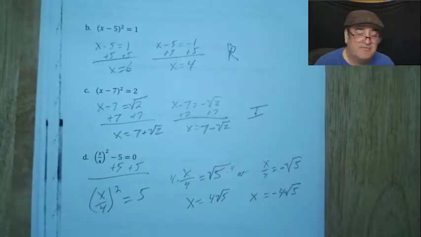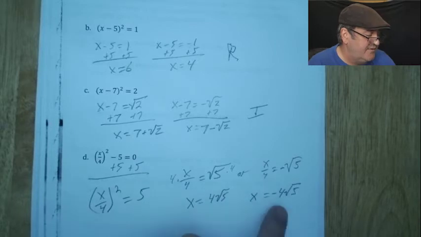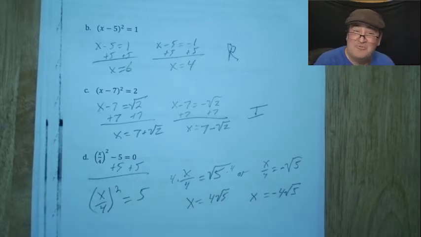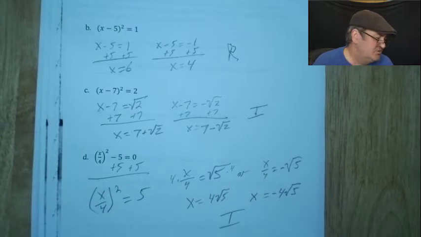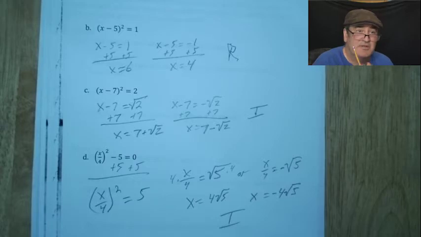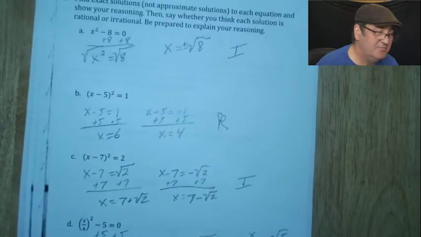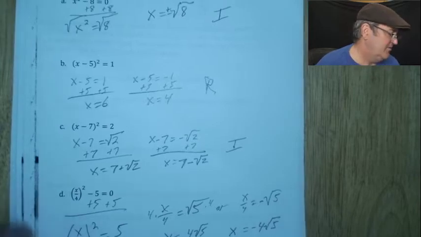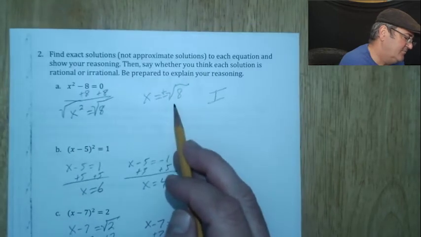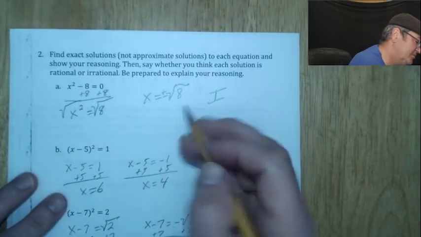We can put the negative out front. So it's 4 square roots of 5 or negative 4 square roots of 5. Either way, that's an irrational solution. So turns out only our integers were rational solutions on this. The rest of it appears to be irrational: square roots of 2, square roots of different odd numbers that work out that way. We can, if we want to double check that, the square root of 8 is the same